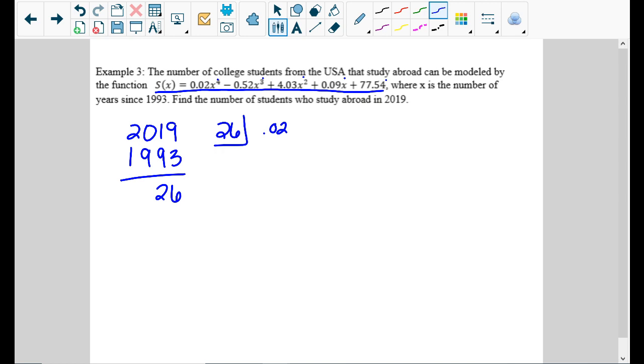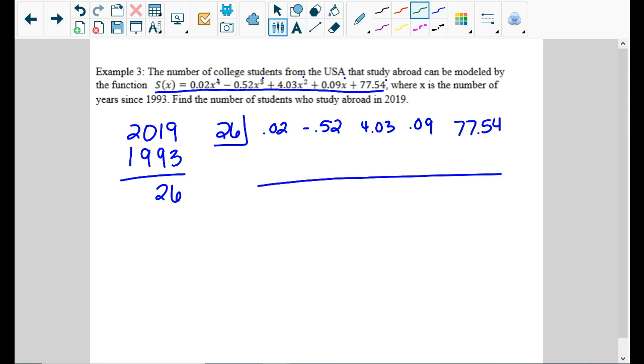0.02, negative 0.52, 4.03, 0.09, and 77.54. So the biggest negative, sometimes these numbers get kind of big. Okay, in this case we're working with some decimals, so have your calculator handy. So this 0.02 comes straight down, and then we multiply, so I get 0.52, so this gives me 0, multiply,